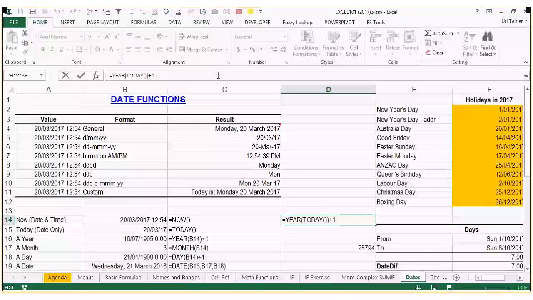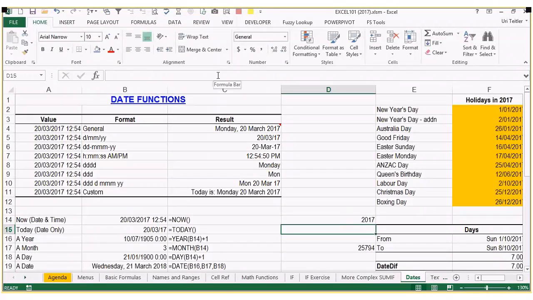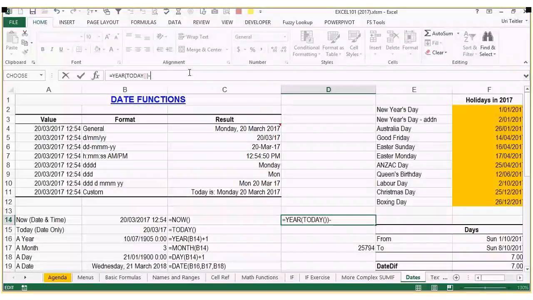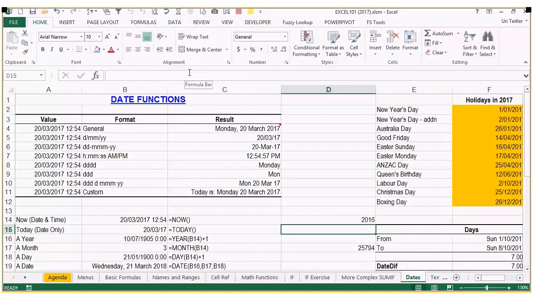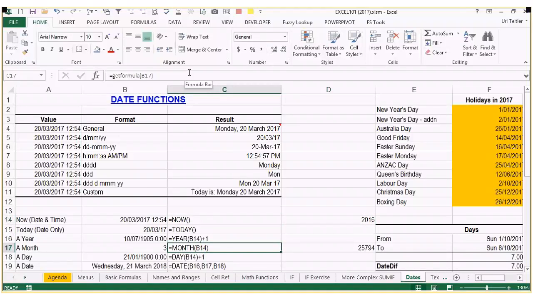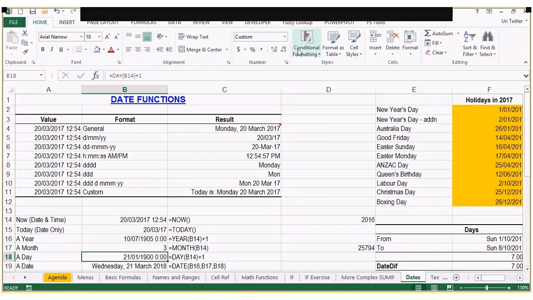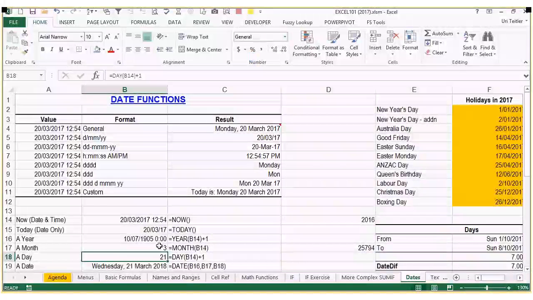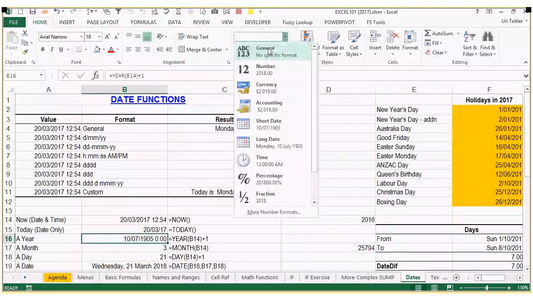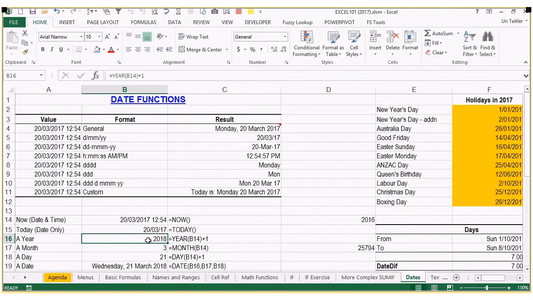If year plus 1 gives me next year, year plus 0 gives me this year, and year minus 1 gives me last year. Okay? So if that makes sense, then you could say month plus 1 gives me next month, and day plus 1 gives me the next day, right? So if that all makes sense, once you've got your year and your month and your day, you can actually